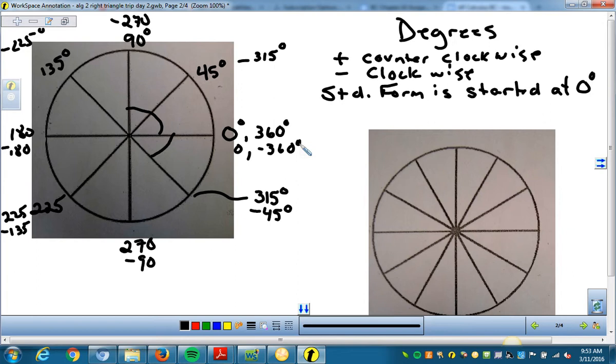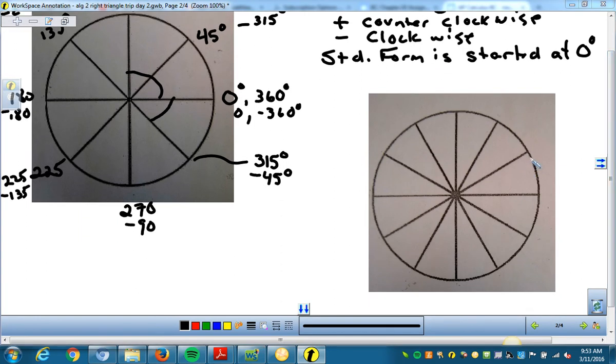All right. So 45-degree angles are special angles that we will work with on the unit circle. The other special angles are 30 and 60 degrees. So this circle that we have down here is broken up into 30-degree increments. All right, so we still have 0 here. This one would be what? 30 degrees, then 60 degrees, and I'll keep going. 90 degrees, 120, 150, 180,